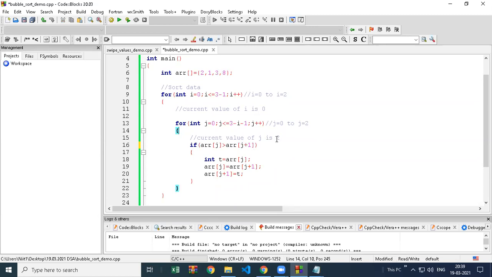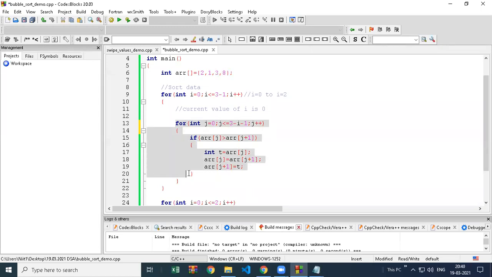The inner loop. Now the next J value is 3. But now we will stop the loop. We will not enter the loop because we already said J last value will be 2. And now the J value becomes 3. So what are we going to do? J loop stopped, finished, end. We are already done with our comparisons. So this loop is stopped now. We will move to the main loop now. Back to the main loop.